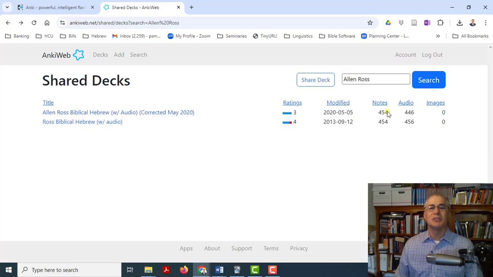Let me back up. I'll just show you that whenever you see a list of decks, it's going to tell you what their ratings are, modification dates, and then how many notes, which basically means how many different flashcards there are, how many audio files are involved, and then if there are any images. If you're doing geography flashcards, you'll find images. If you're doing medical stuff, labeling parts of the body, you're going to see images there. There are no images here. Typed words are not considered images. We're talking like photos and things like that. Okay, so